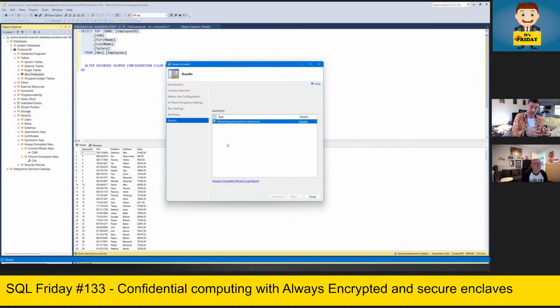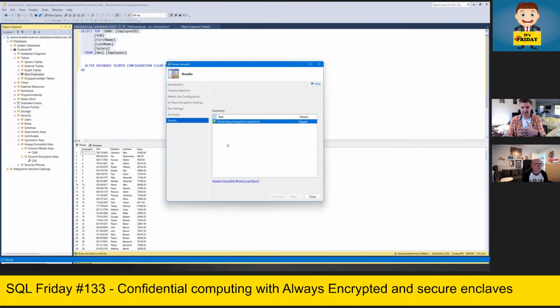So the client driver is then going to use that metadata to find the key in the Azure Key Vault, right? And of course, if the application has access to that key vault as well, then it will be able to encrypt and decrypt the information also from the application side. Yeah, so that's how the application and the SQL engine are communicating with each other.